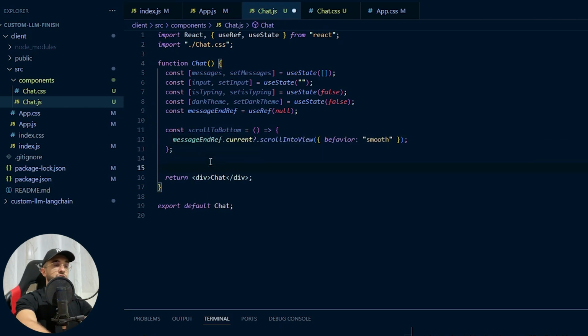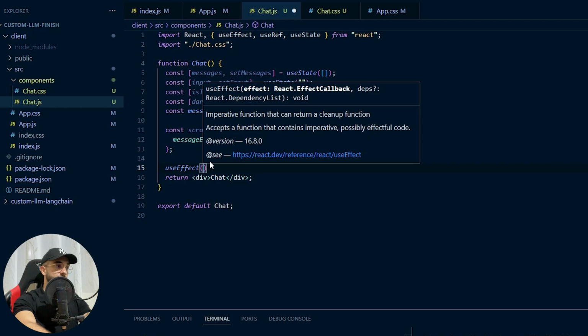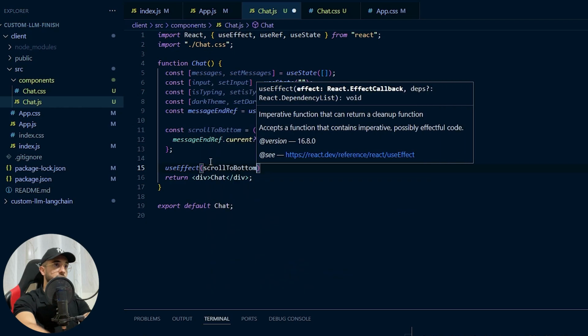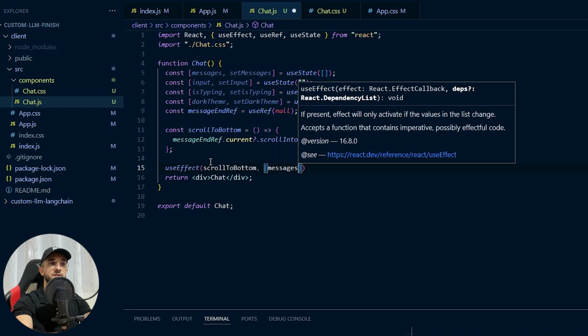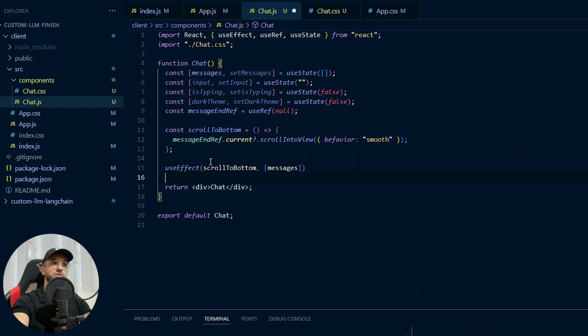Okay, so to automatically scroll every time we load the component, what we can do is use effect. Every time the chat component is loaded, we want to scroll to the end. We are going to put this scroll to bottom, and the reference is going to be the messages. So every time the messages change, we scroll to bottom. This is dependent on the messages. Every time this changes, we'll run this function that will scroll to the bottom. Okay, so here in the chat,